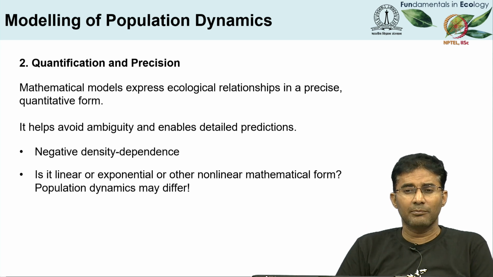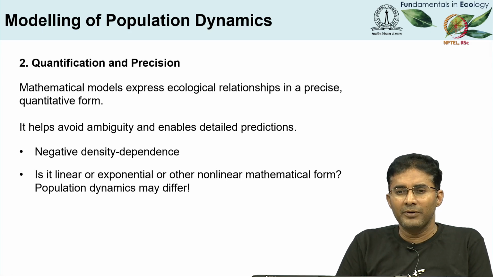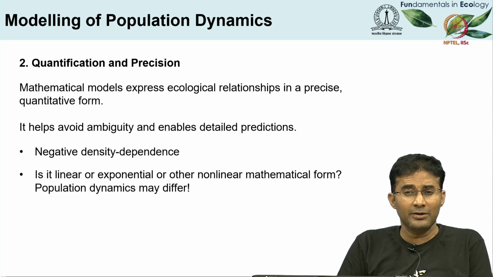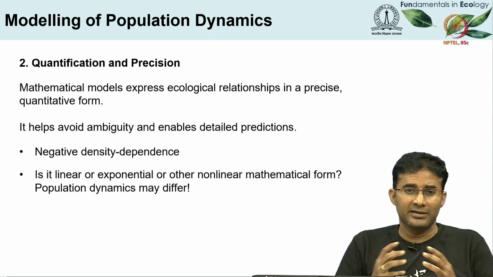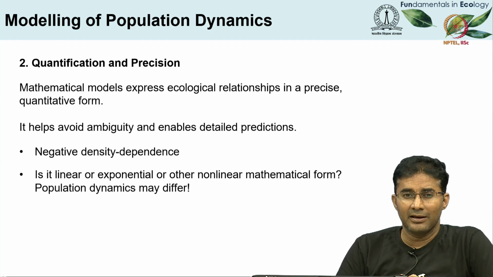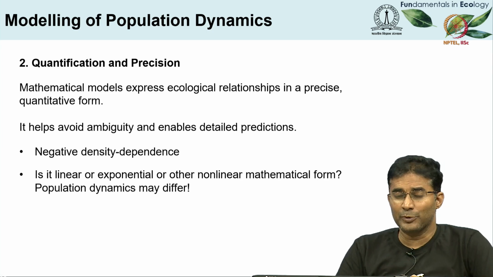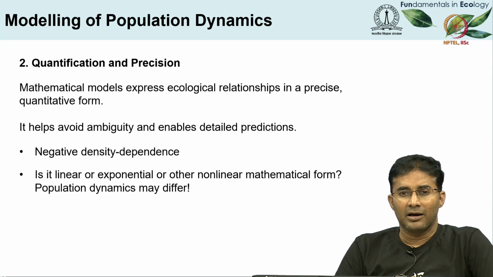And the reason is that the moment we begin to express our concepts in mathematical terms, we ought to be very precise and we have to be quantitative. And this really helps us avoid ambiguities in what we mean. For example, two ecologists might say there is a negative density dependence. But is the density dependence linearly declining, or is it exponentially declining, or is it some other nonlinear